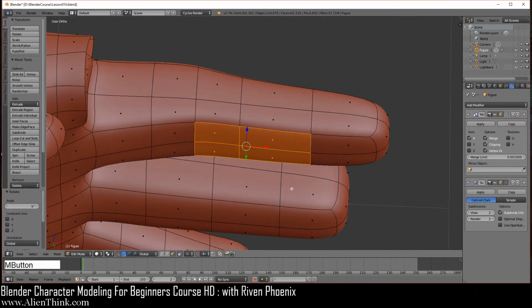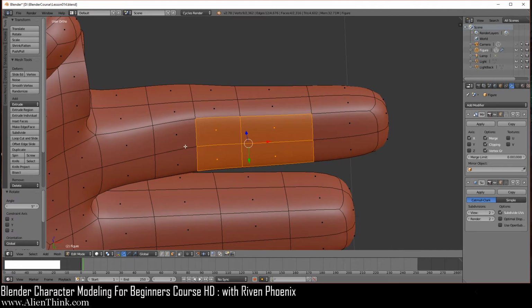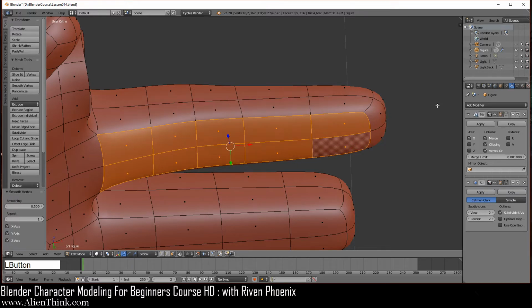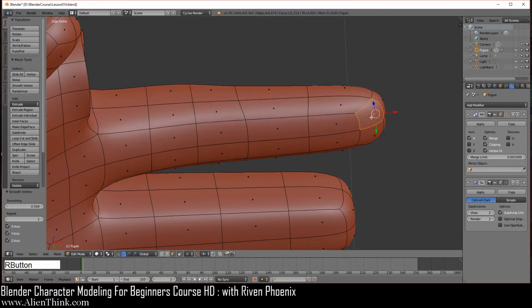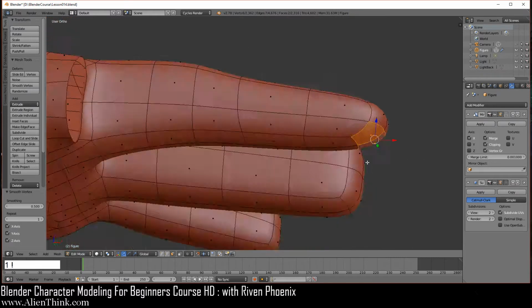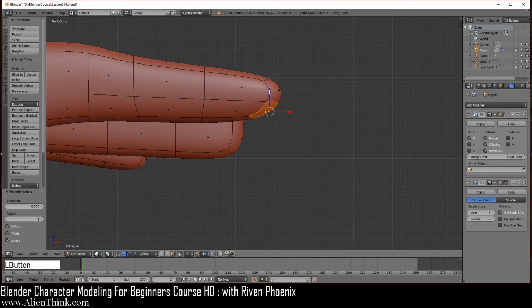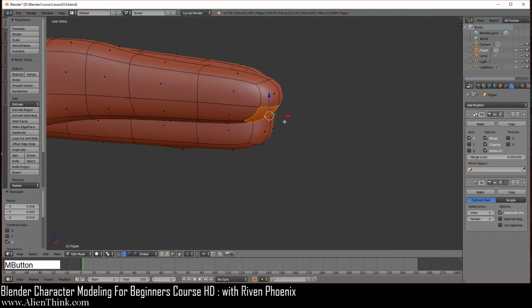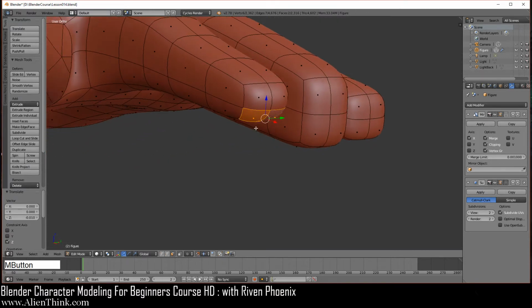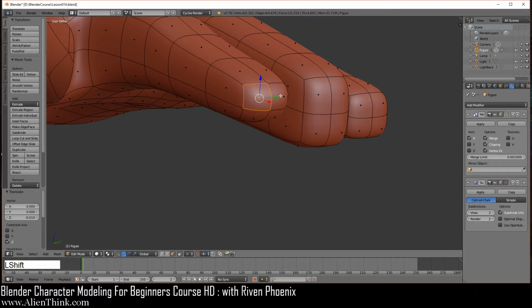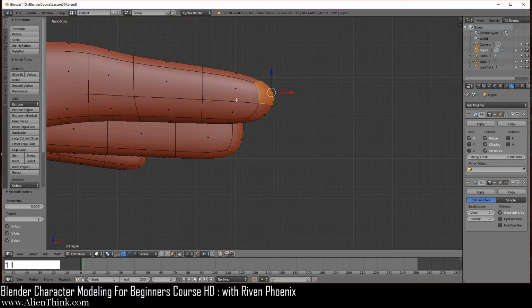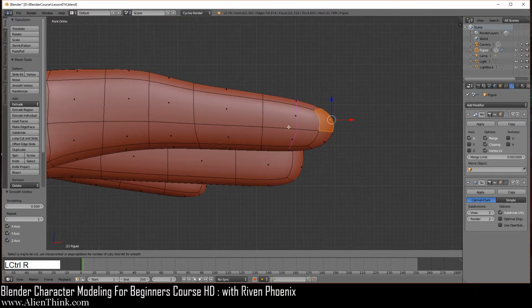Now we're going to go underneath with the middle mouse button over here, rotate it, shift key down, and then go ahead and select all these faces. Now you're going to smooth this 3 times, W smooth, 1, 2, and then 3. Then click on these two faces over here for the front, go to your front view, and you're going to bring this down only 1 time like this. Then rotate it in this direction over here, click on this face, shift key down this one, do W, and then smooth. Now go back to your front view. And over here, we're going to do Control R and add 2 edge loops, left click and then right click.